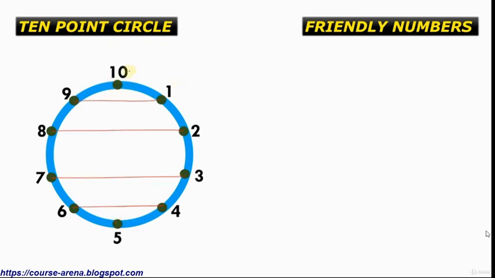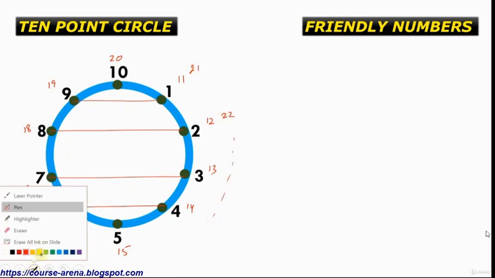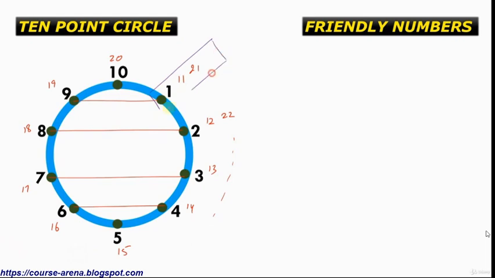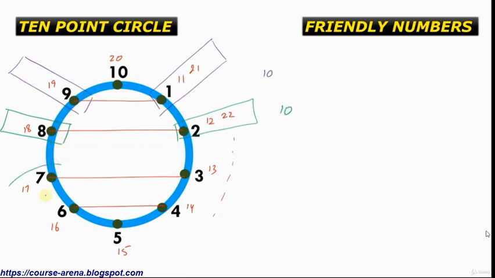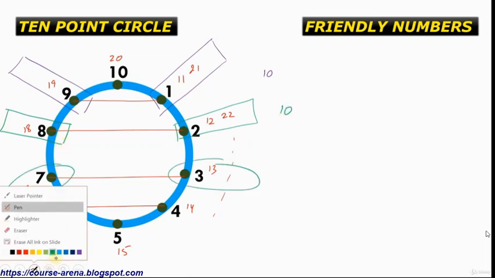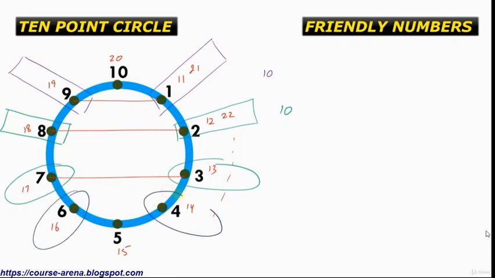Alright, now we can move ahead of 10 also. If we write 11 over here, 12, 13, 14, 15, 16, 17, 18, 19 and 20 and so onwards, that is 21, 22 and so onwards. Then we observe that any number in this column when added to any number over here will give us a multiple of 10. Similarly, any number over here when added to any number at this place will give us a multiple of 10. And the same can be said for these numbers. The same can be said for the other two rows, that is this and this.